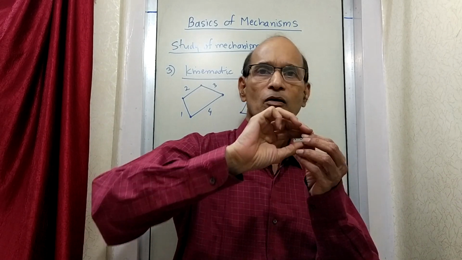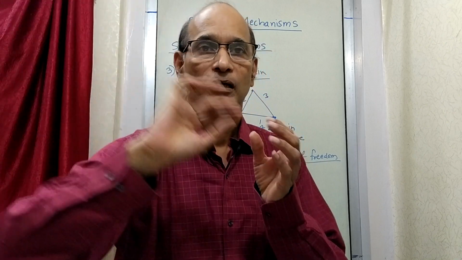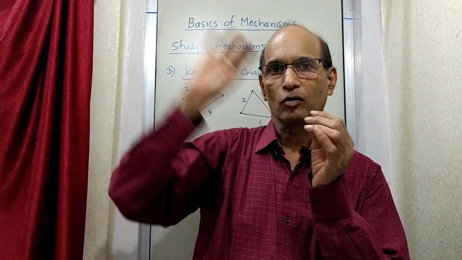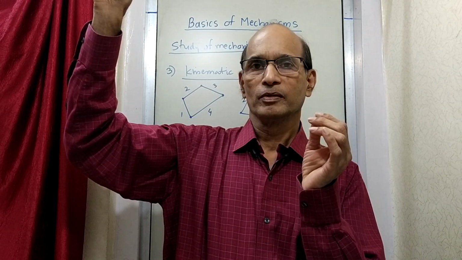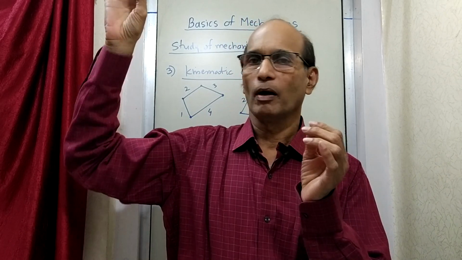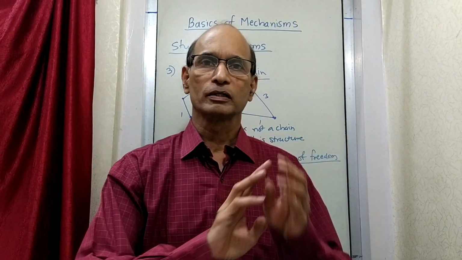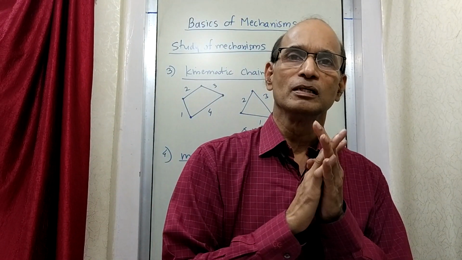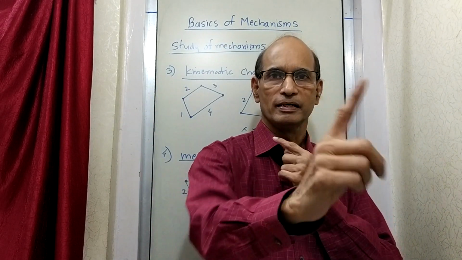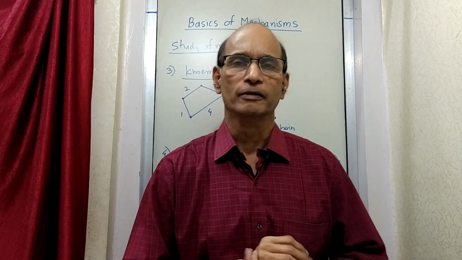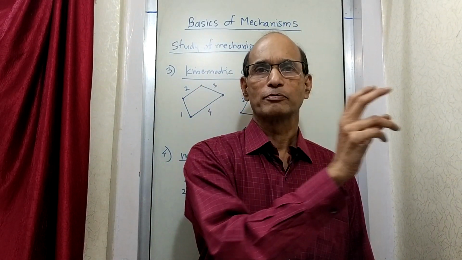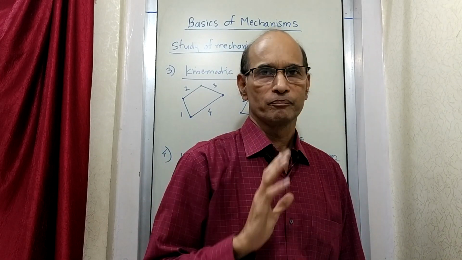Now somebody will say, what happens if it moves inclined like this? This inclined motion can be a combination of x and y. So any inclined motion is a combination of x and y, and if it is like this, it is x, y and z. We are not taking any other type of translation, because all the types of translations are covered in x, y and z. That is like the coordinate system which we have learned. So this object can have 3 types of translational motions.